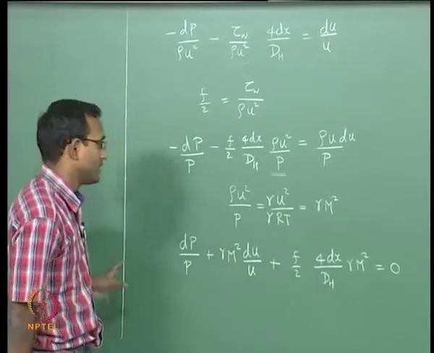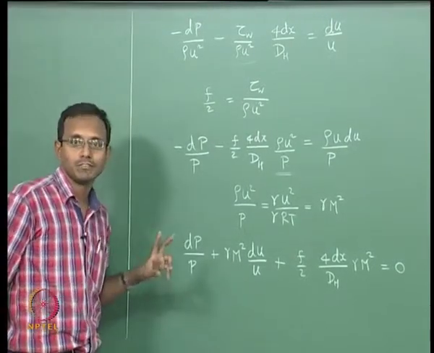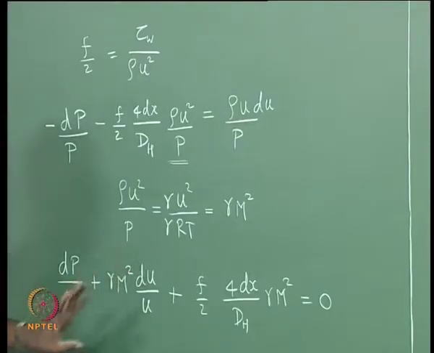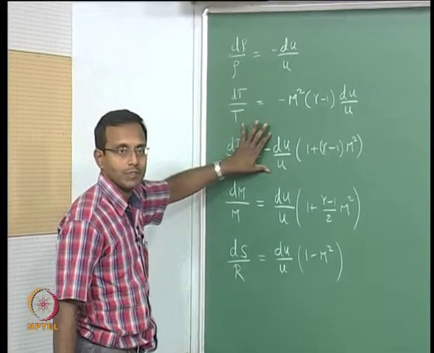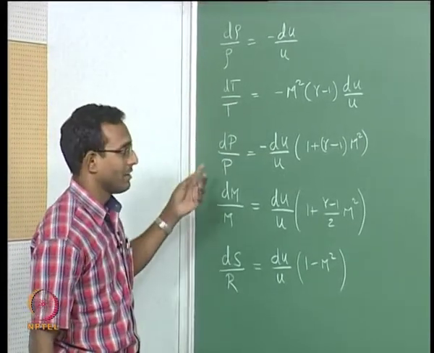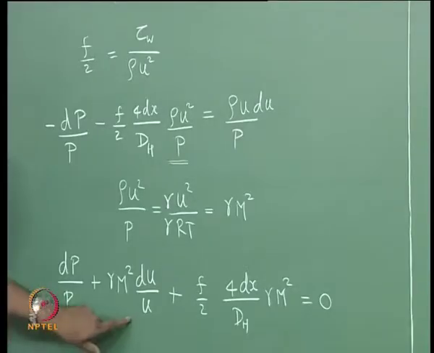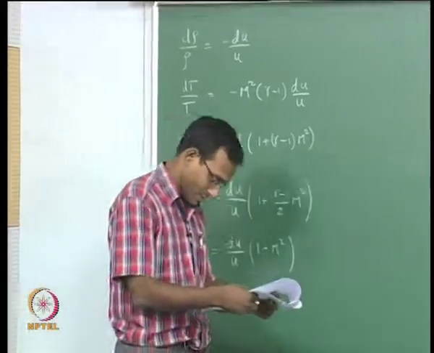Now I want to rearrange things such that as I go along my tube, I want to find only Mach number variation, nothing else. So I want to write dp by p, du by u in terms of dM by M. Do I have that relation? I go back here, I have dp by p in terms of du by u, and that will make my expression having dp by p in terms of du by u mean two terms will have du by u. Now du by u I have in terms of dM by M, that is here. I just have to write all of them together inside that form. That is the next thing we are going to do.